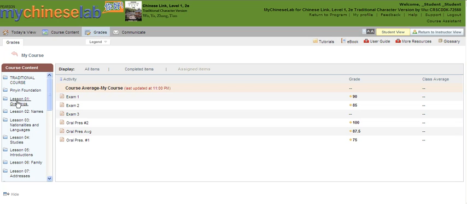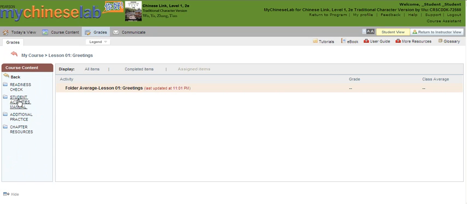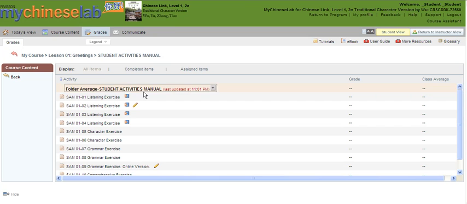And then I could also, as a student, if I want to go in and see how I did on individual lessons or individual chapters, I can go in and see all my scores for all the activities within an individual chapter. Okay, and since nothing was assigned in this course, if I want to see all items, you can filter down and see here all